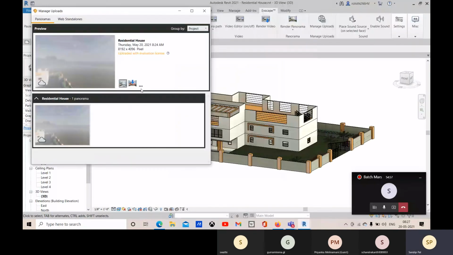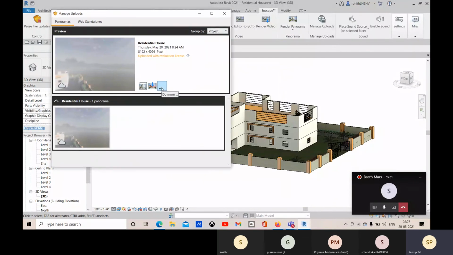All right, so this is how we generate panorama, and we can send this QR code to the client. With just scanning the QR code, they can see the 360-degree panorama view of your model. And you can also copy the link address also.